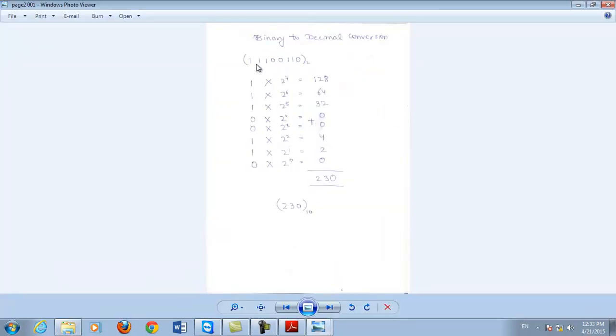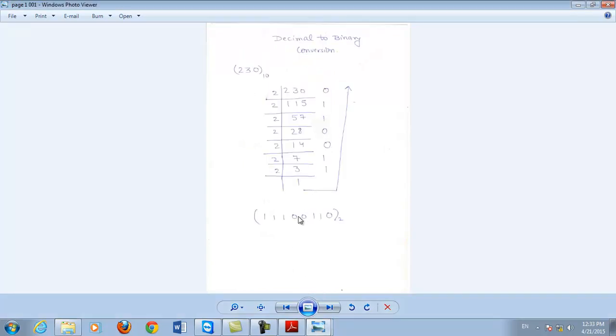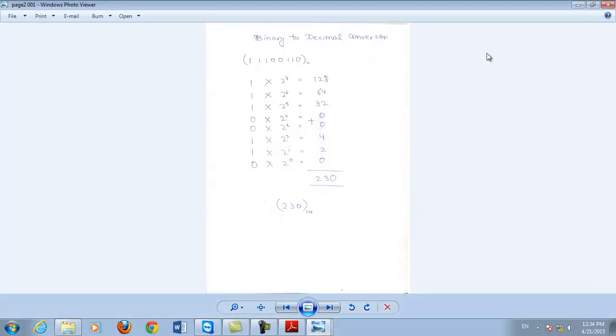हमारे पास नंबर था 111001110, that is जो हमने अभी पहले परफॉर्म करा, 111001110, which is the binary equivalent of 230. It means if you convert this binary number into decimal number, then the decimal equivalent of this binary should be 230. And if it is not 230, it means there is some error in the conversion process you have performed. Now we will see the conversion process of binary to decimal conversion.